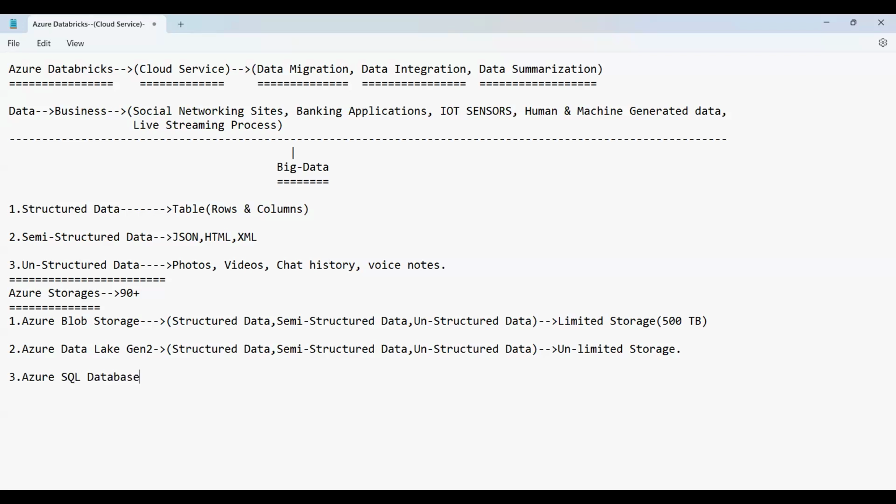As you know, if you want to store the data in the form of tables, that is, in the form of databases, at that time we can use the Azure SQL Database, and it can store only structured data. No other kind of data is supported here. And then the fourth one is